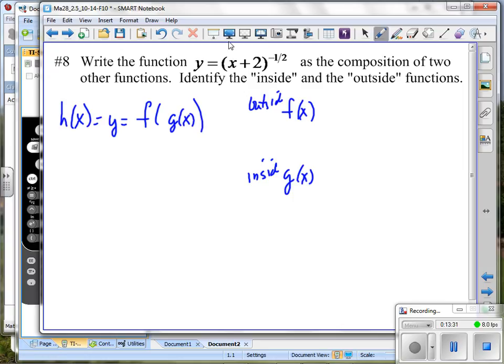So go back to this. Now, here's the first key. If I told you x equals 3, what's the first thing you would take care of to come up with a value for y? What would you do, Hema? Yeah, I would first of all find 3 plus 2. Okay? That's the first thing I would do. So that makes g of x x plus 2. Okay? And when you think about that,